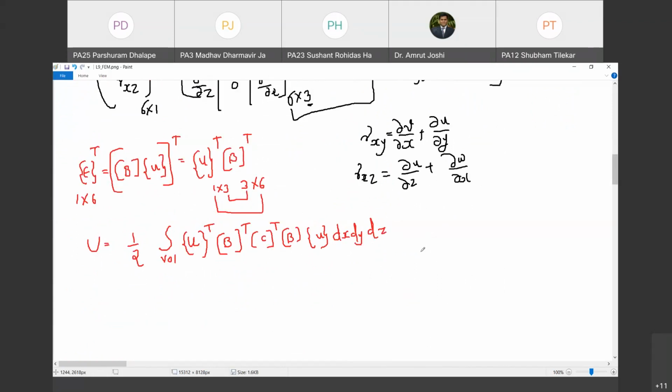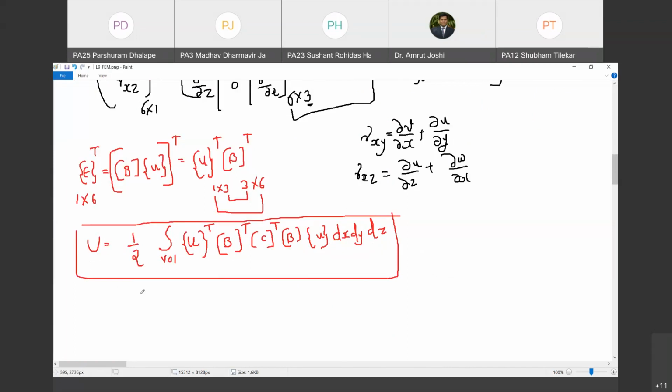Yes. So now let us go ahead. This was the strain energy, but we were writing down the potential energy, if you remember. And I said potential energy will have one component as strain energy. So potential energy is strain energy minus,